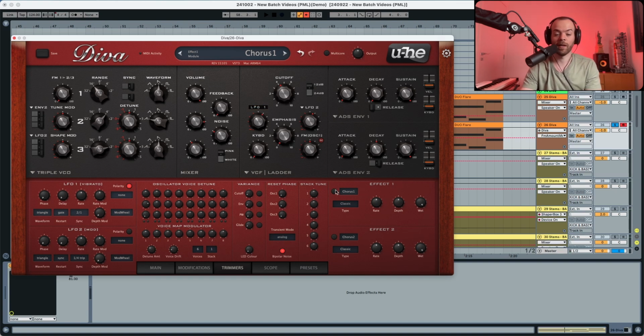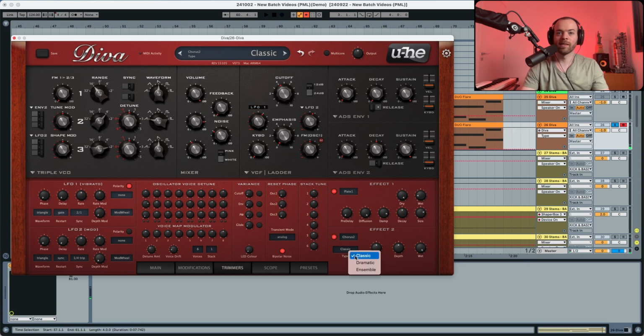Now let's go into the effects section and we're going to select first a plate and then a chorus. For the plate, dry all the way up and wet a lot down. Size and decay as it is, the dampening a little bit up. Now chorus, we're going to select an ensemble chorus, but a lot less wet. Now with the modulation,